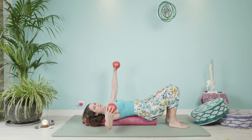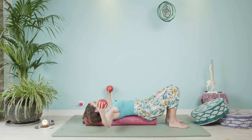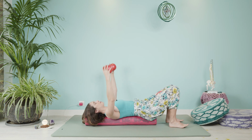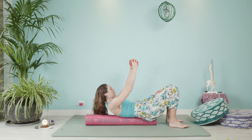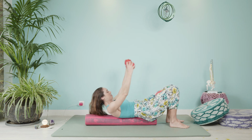So we go narrow and wide, and we let the elbows bend. And again, it is a-okay if the ribs shift and move a little bit into that cat-cow. And then we do just the arms, and then we add the abdominals and arms, and that curl every other one. Arms and